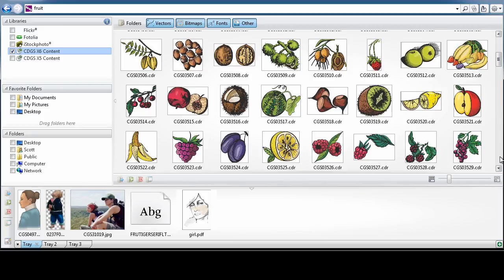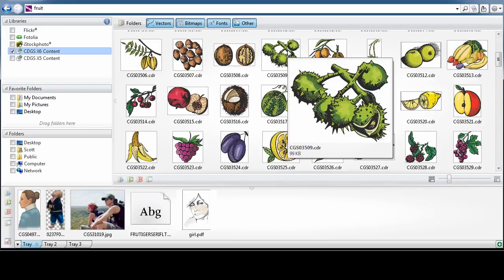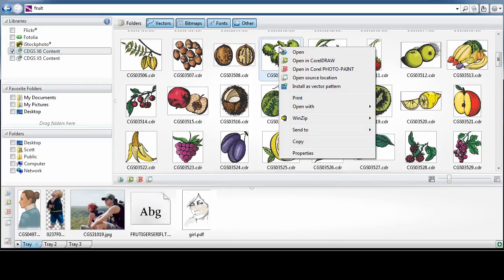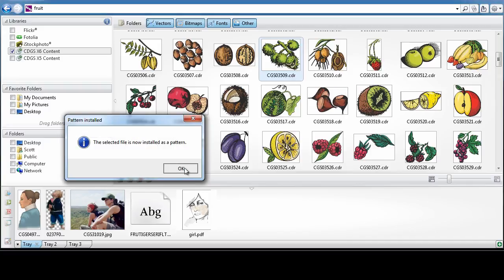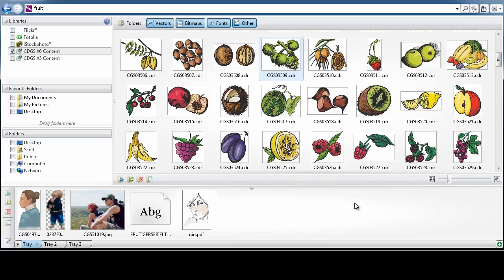Now, as we look at these images, if there was a particular vector image that you thought would be a great pattern fill image, watch this. I can right click and I can choose Install as a vector pattern. If you recall, in CorelDRAW we can go to Fill and we can choose Pattern Fill, and then inside of that we have some options. One of those is a vector pattern option. Well, if I choose this and click Install, that piece of fruit, that vector image, is now available as a